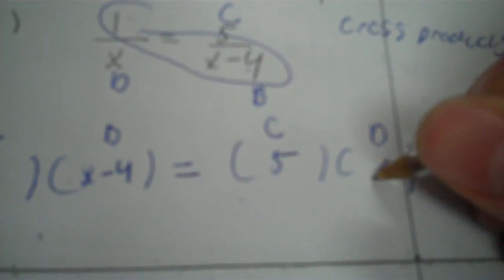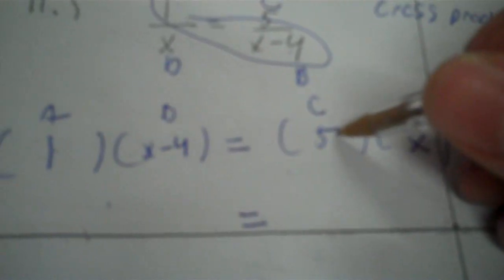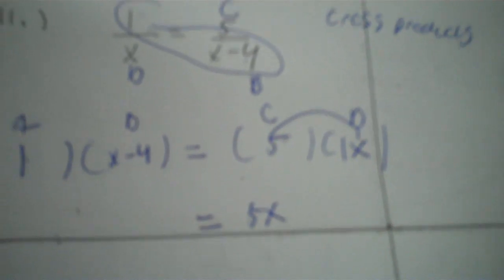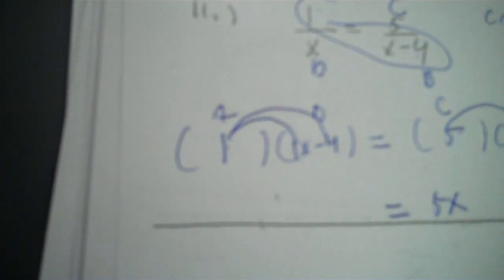Okay, so a is 1, b is x minus 4, c is 5, d is x. Now over here, 5 times x is easy. That's just 5x. Over here, you have to distribute 1 to 1x, 1 to negative 4. So it's going to be 1x and then negative 4. Now, I have in this equation, I have x only. Okay, because x, and there's another x also, but it's x only. So that's linear. There's no x squared. So there's one